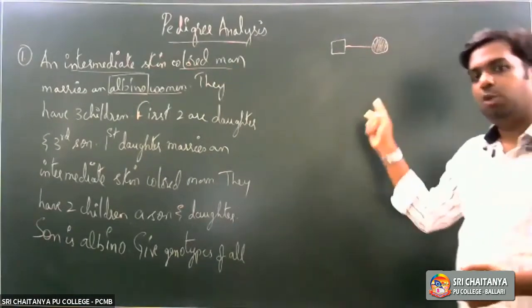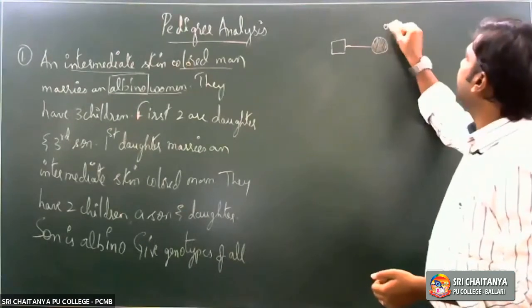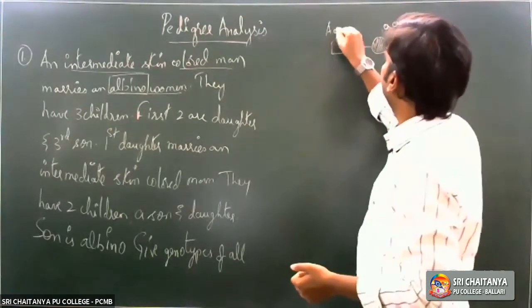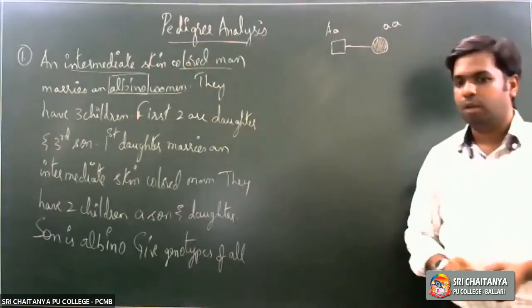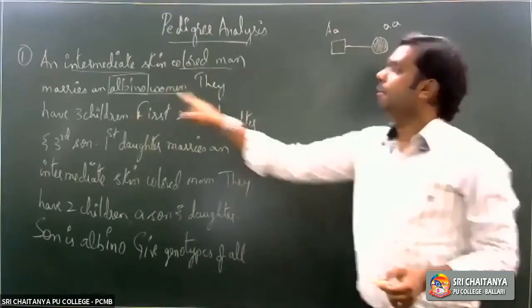Now, since we know the genotype of the affected individual, albino, it would be small a, small a. Since it is an intermediate man, the genotype of this man would be small a and capital A. So this is the first statement we have: an intermediate skin colored man